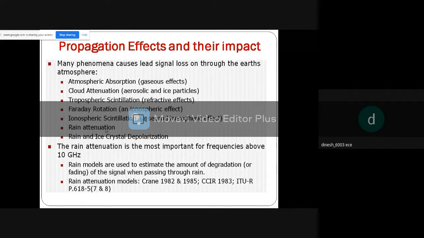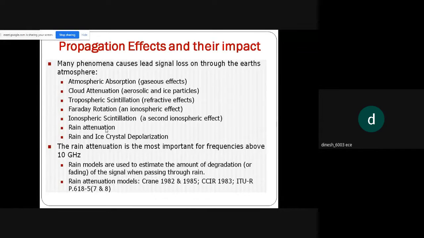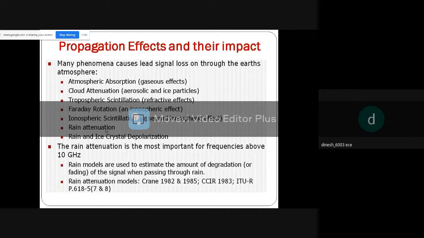If there is no rain, we need not bother about it. But rain will definitely fall either today or tomorrow, it is unpredictable. So if rains are being predicted, accordingly the design in amplification or design in the system should be